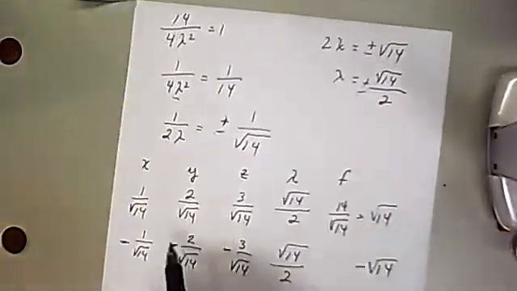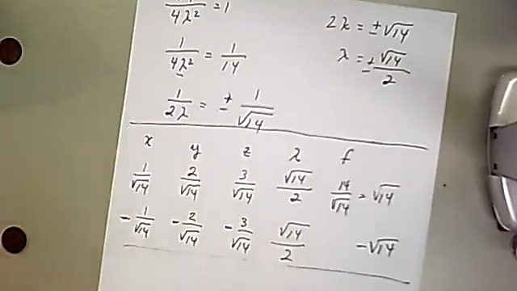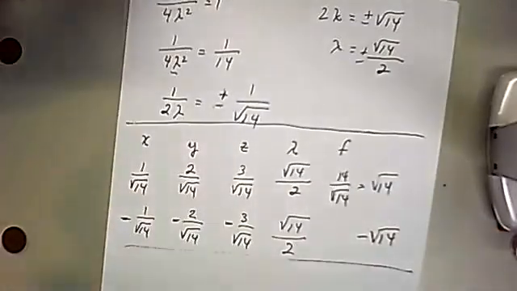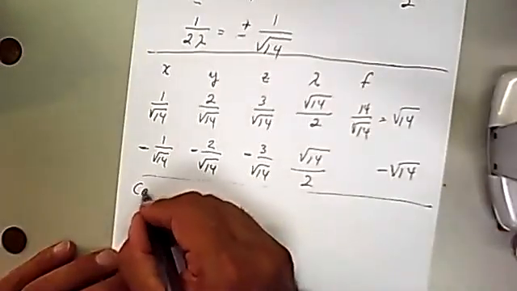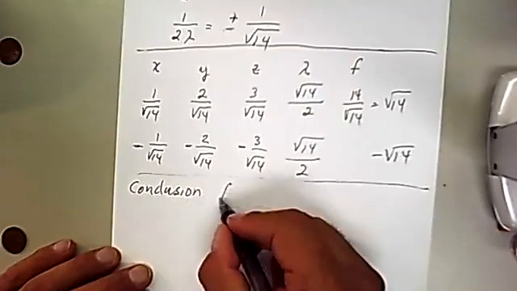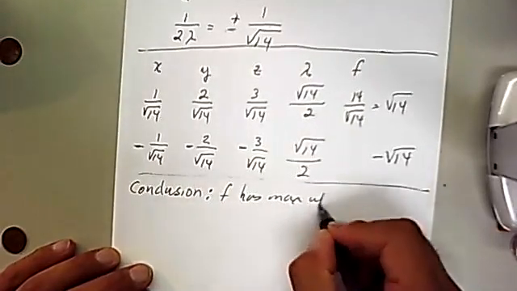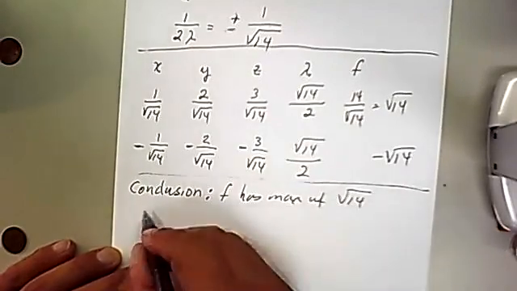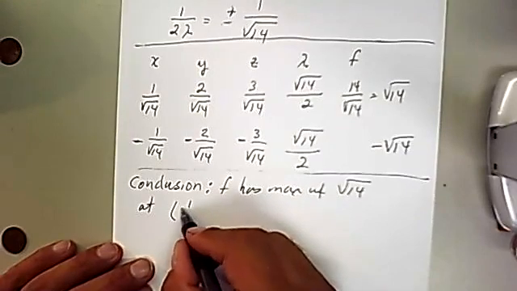Okay, so there is the table. Remember, the table is part of your answer. And then we end up with the final solution, or the conclusion. The conclusion is that f has a max of square root of 14 precisely and exactly at the point